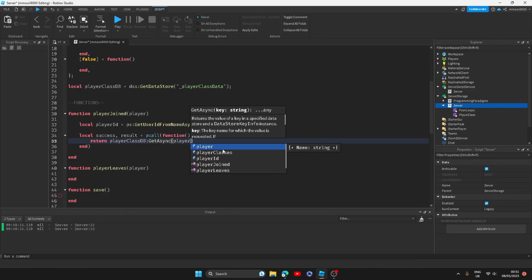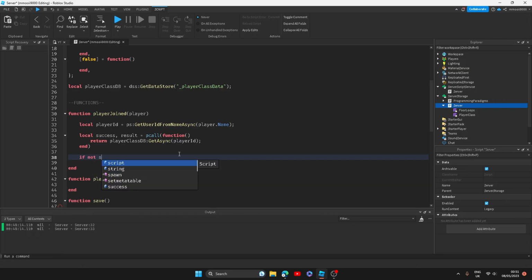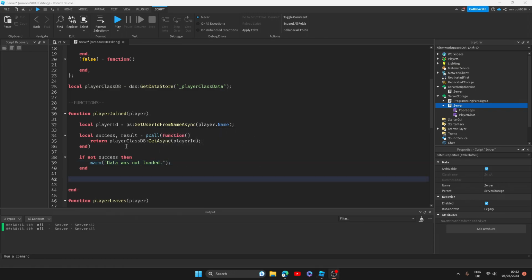And we're just going to pass in the player ID because we're going to use the player ID to identify each player. We can add a check here to see if it was not a success. Then we want to warn, and we can say data was not loaded. So now that we've either successfully got our data or unsuccessfully got our data, we can now check to see